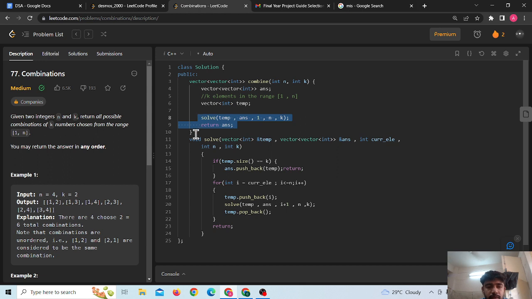So let's understand what the solve function is actually doing. The base condition is when the temporary vector size becomes equal to k, we will simply push that temporary vector into the final vector answer, and then simply return from there. And after that, we will simply go from the current element to n, and we will keep on pushing the element, and when the size reaches k, we will simply return, and the call will come here, and then